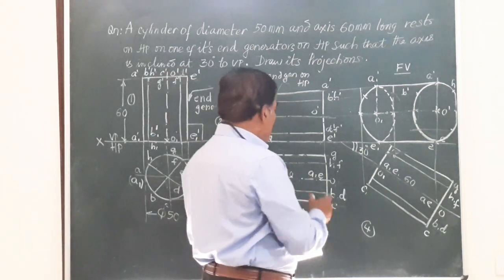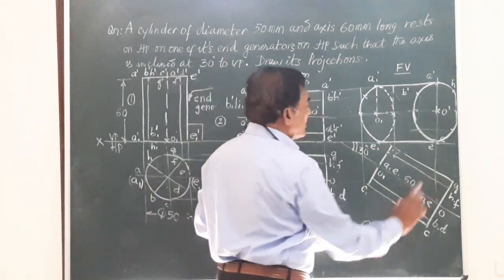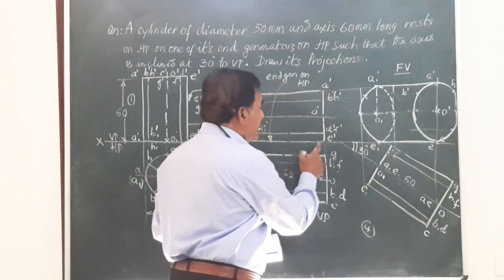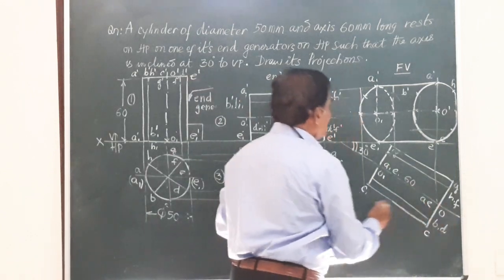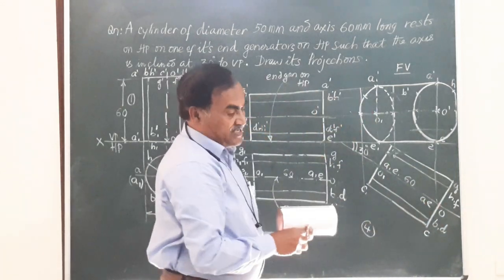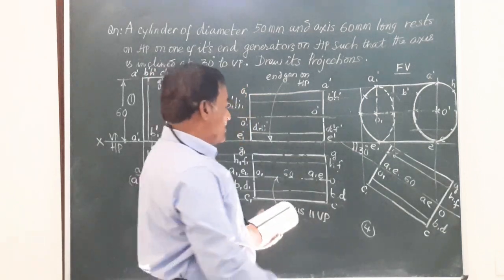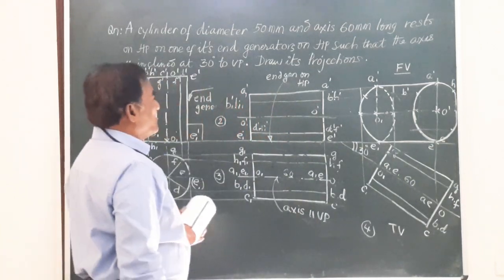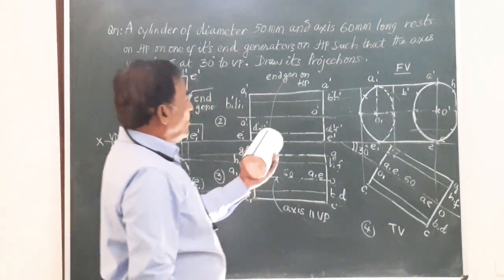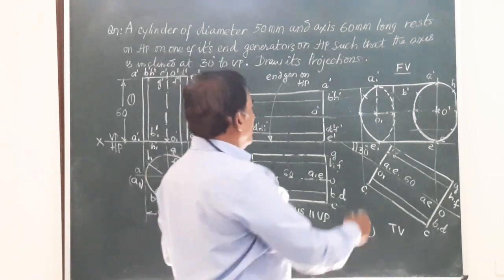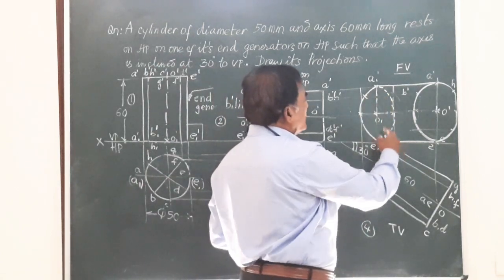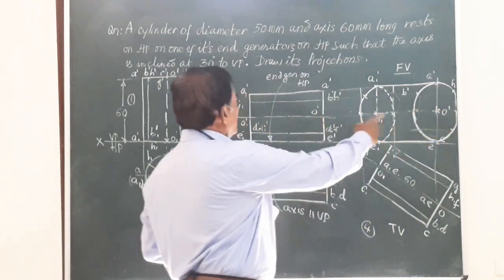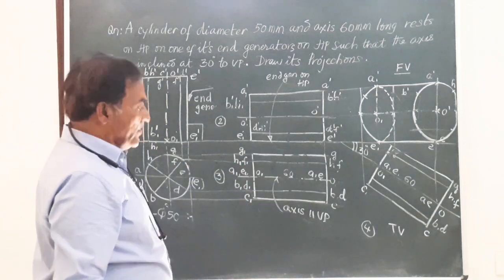Now in the final figure, figure number 3 is redrawn as figure number 4 with the axis, or the plane containing the end generator and the axis, inclined at 30 degrees to VP, and obtain the front view of the solid finally. So this figure represents the top view. Friends, you can see. Finally, we have the front view and top view. The bottom face in the front view is not visible and is shown by a dotted line, and the axis is now parallel to HP, parallel to HP everywhere, only it is inclined to VP.